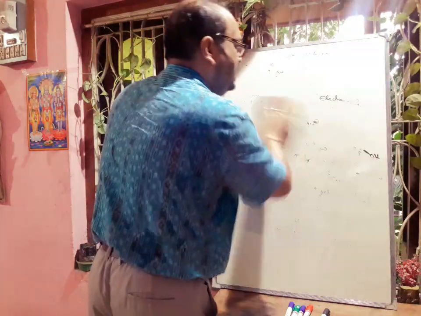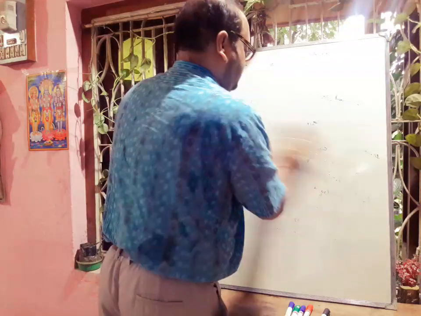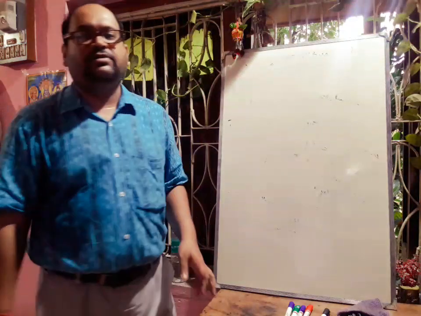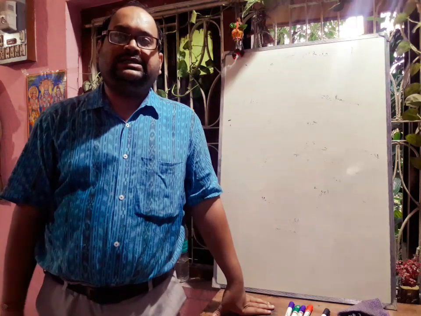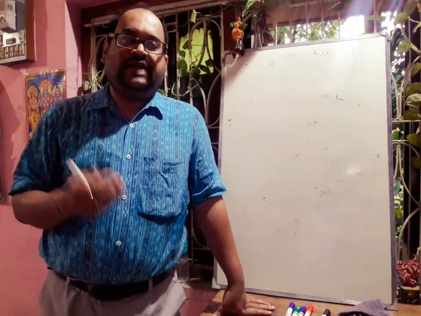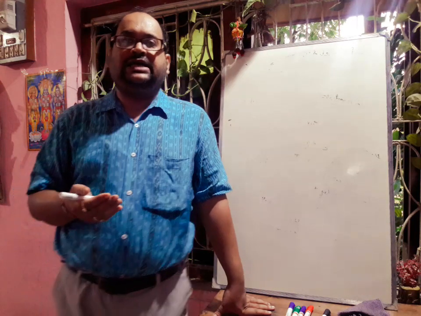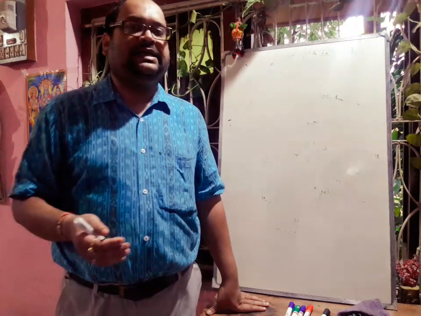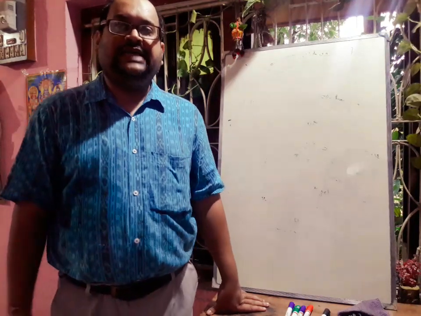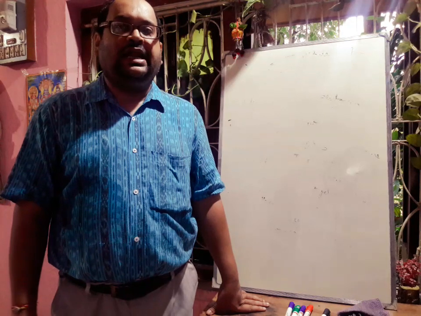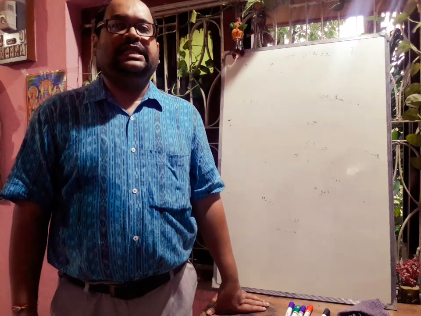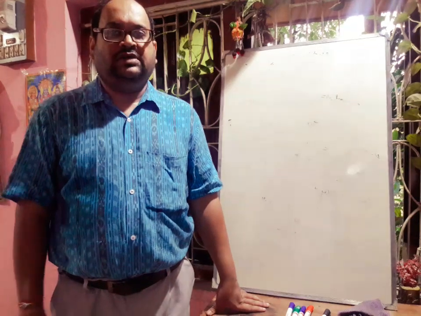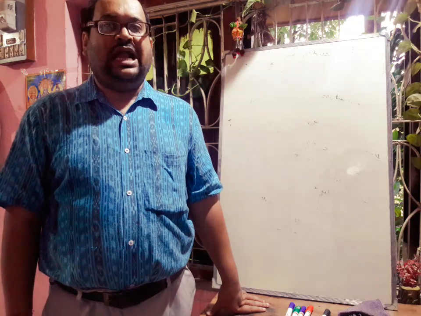Next we will discuss the reactivity order of the aldehydes and ketones. There are two factors by which it can be explained why aldehydes are more reactive compared to ketones: one is called the steric factor and another is called the electronic factor. The steric hindrance caused by two alkyl or aryl groups in ketones is greater than the hindrance caused by one alkyl or aryl group and one hydrogen in aldehydes.